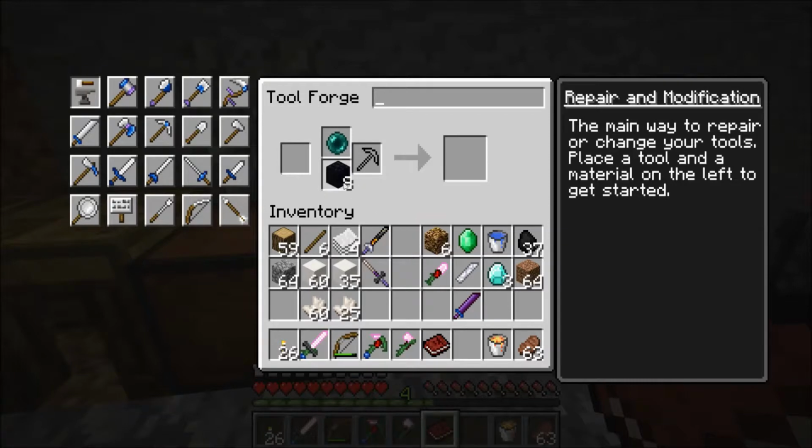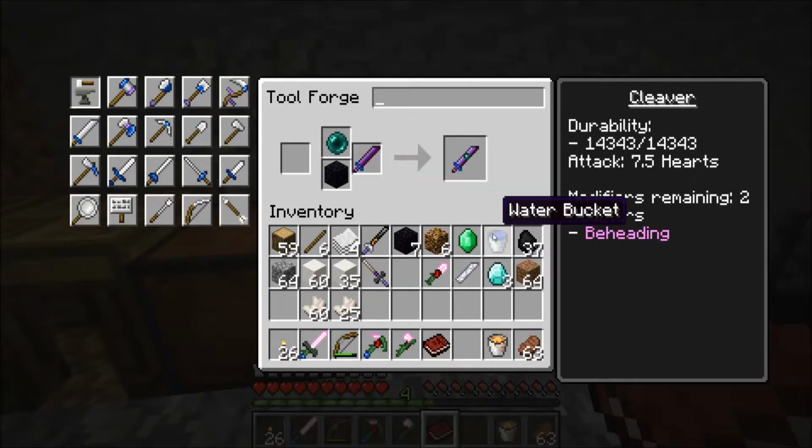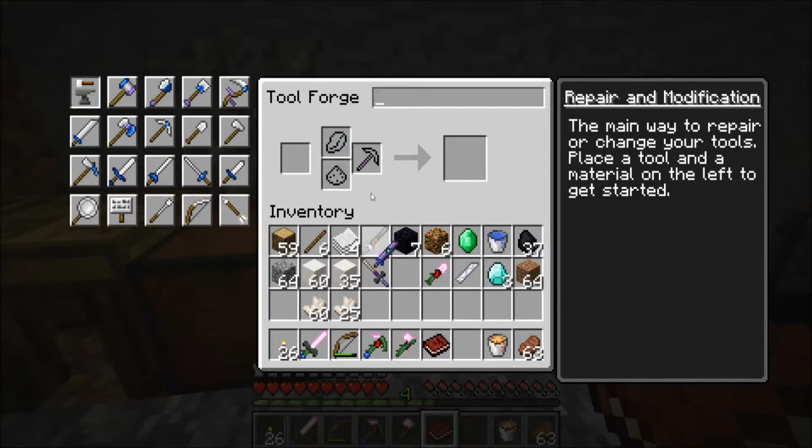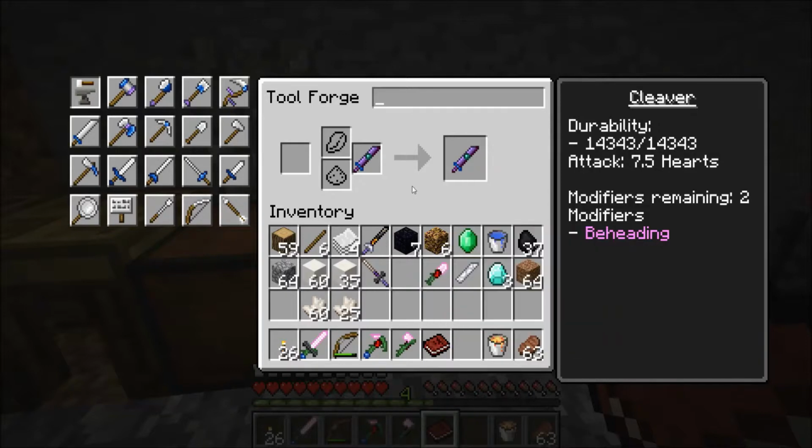Okay, so put like so. This will get us the beheading. Yes. Oh, that's kind of cool with the little thing there. So here we go. It's only 7.5 hearts though, so that's not a lot. I wonder if you can stack the beheading, do like a beheading two. I should have gotten more ender pearls. That's all right. Okay, we need to do...